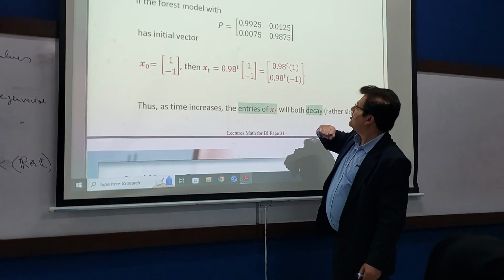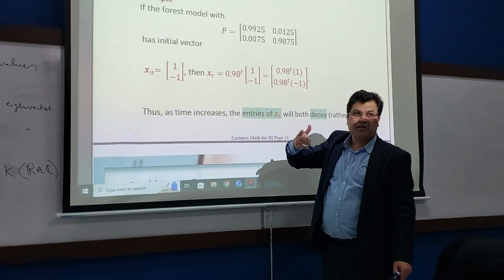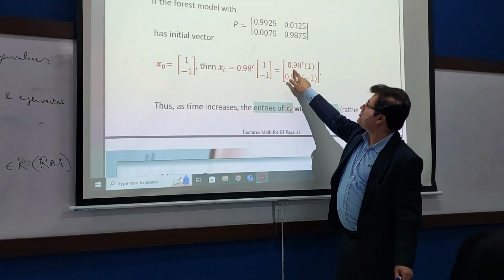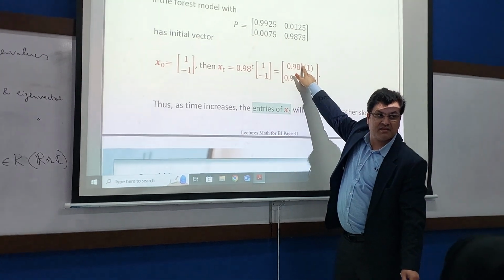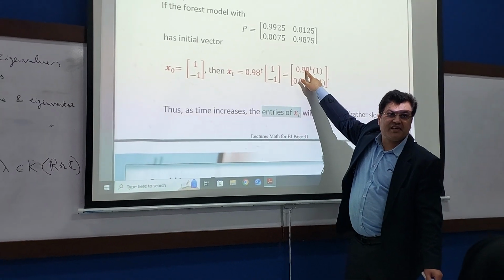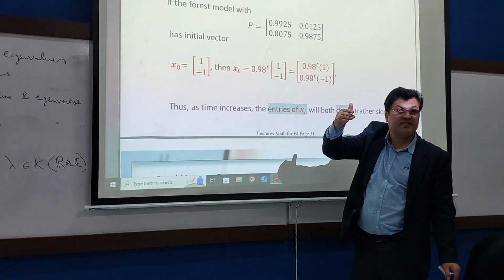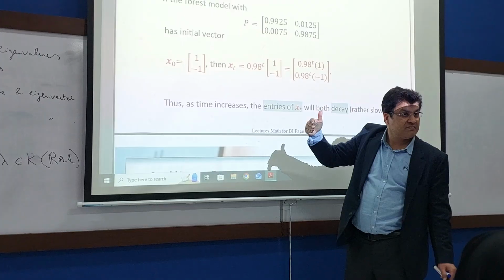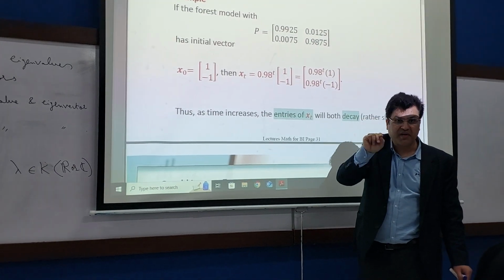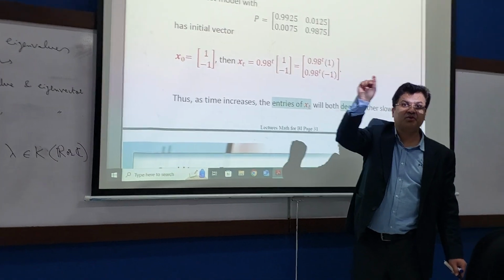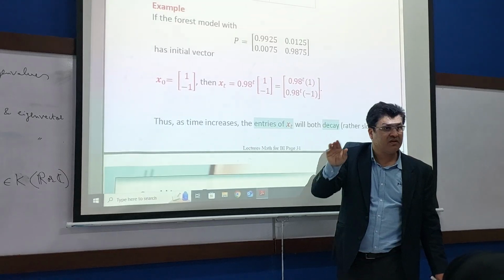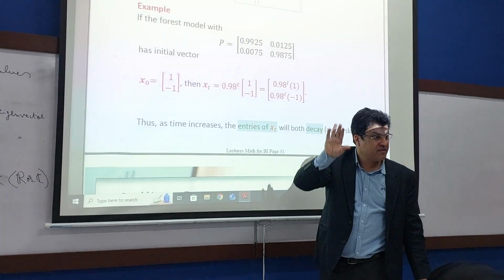We will see. Okay, now if I want to say after t equals 5, what is the answer? So you will take 0.98 to the power 5. If a number is smaller than 1 and you take its power 5, what will be the answer? Smaller, even smaller. It is like 1 by 2. If you take 1 by 2 to the power 2, 1 by 2 to the power 5, what will be the answer? Smaller. 1 over 2 to the power 50, the answer is smaller.